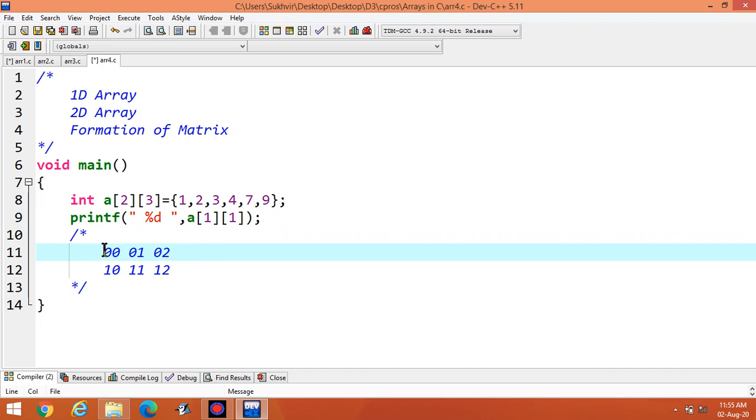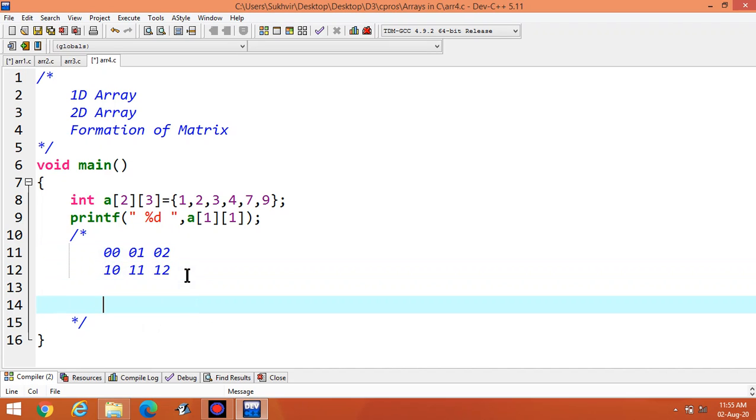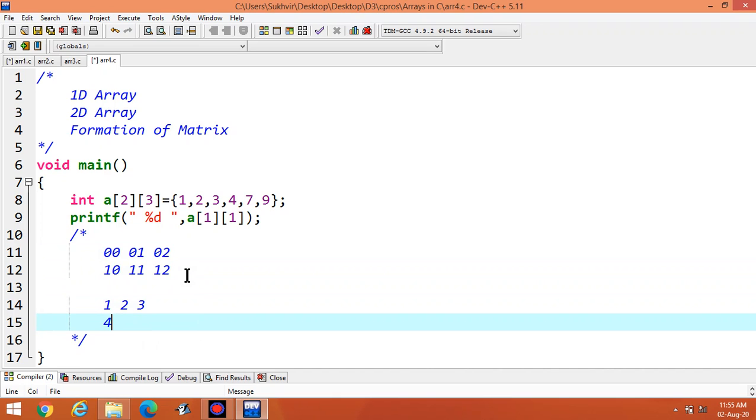It's first row, first column. It's first row, second column. It's first row, third column, because the location starts from 0. Then 1 0, 1 1 and 1 2. And what about elements? First element is 1, then 2, then 3, then 4, 7 and 9.